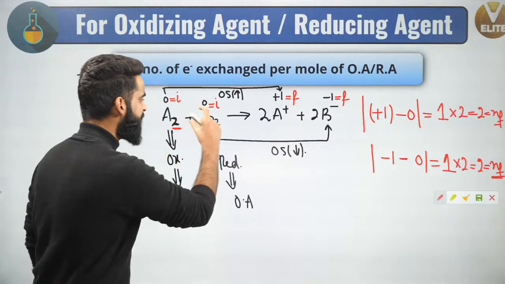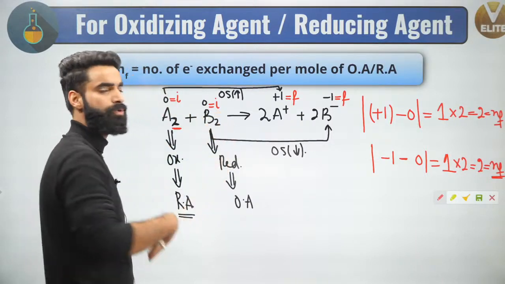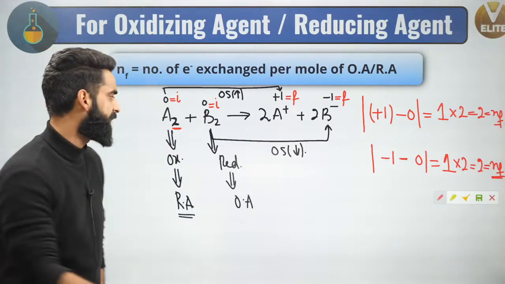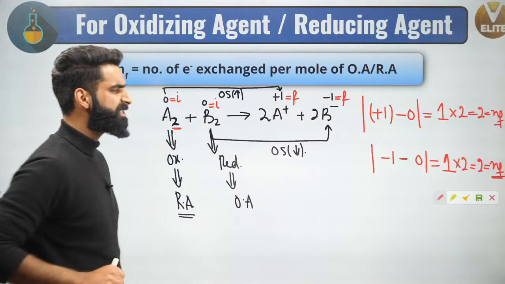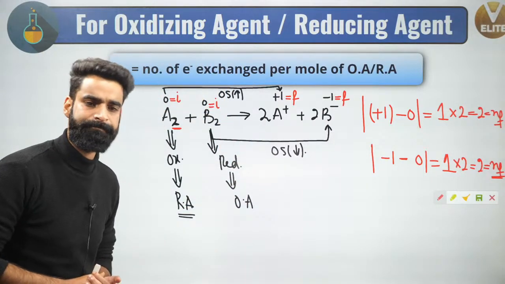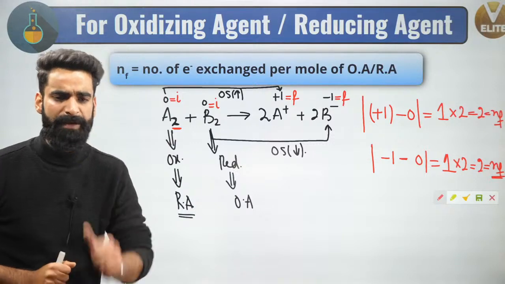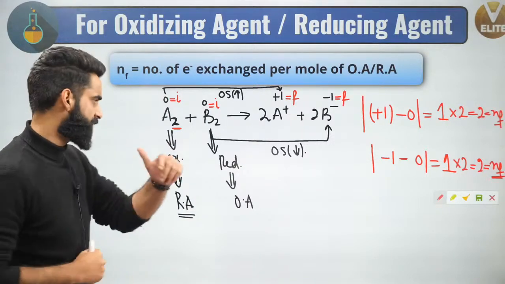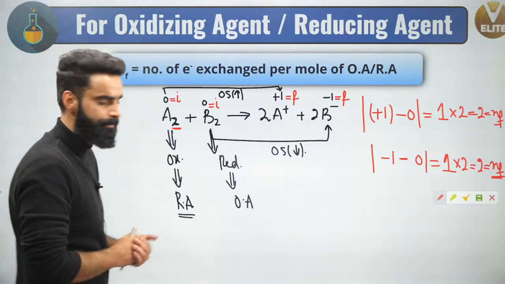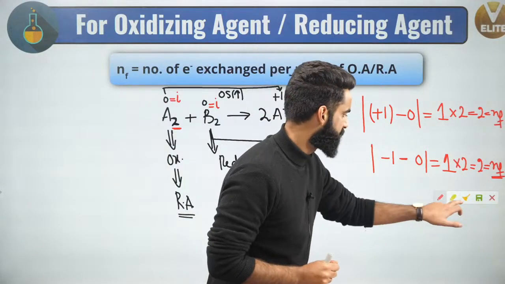If you got the n factor of B2, you can calculate its equivalent mass. How will you be doing that? Simply by dividing the molar mass of this B2 by its respective n factor, you'll be getting the value of equivalent mass. Now people, at the same time, one more thing I would like to share with you so that you won't get any sort of doubt while teaching you the actual reactions. One more important term I'm going to give you.